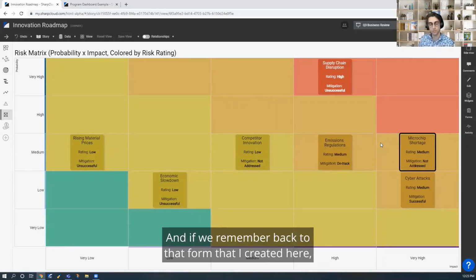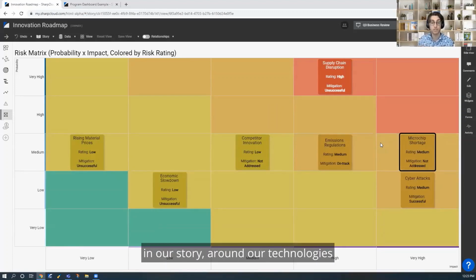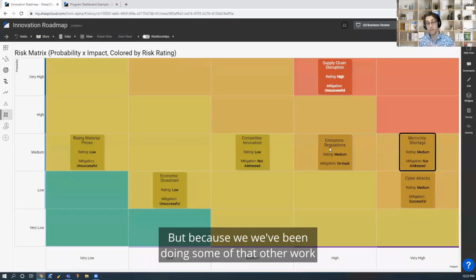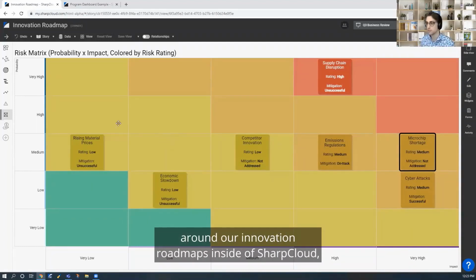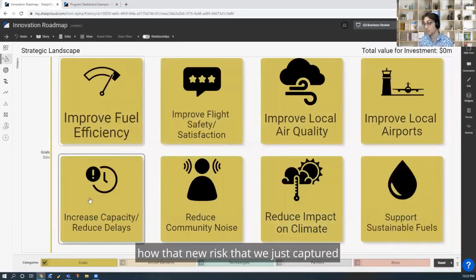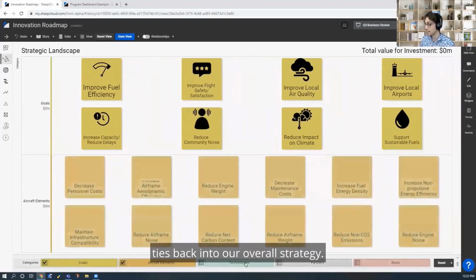And if we remember back to that form that I created here, we created some relationships to some of those other items in our story around our technologies and some of the other risks. So we really just created a single data point. But because we've been doing some of that other work around our innovation roadmaps inside of SharpCloud, it's easy to then integrate it and quickly and easily see how that new risk that we just captured ties back into our